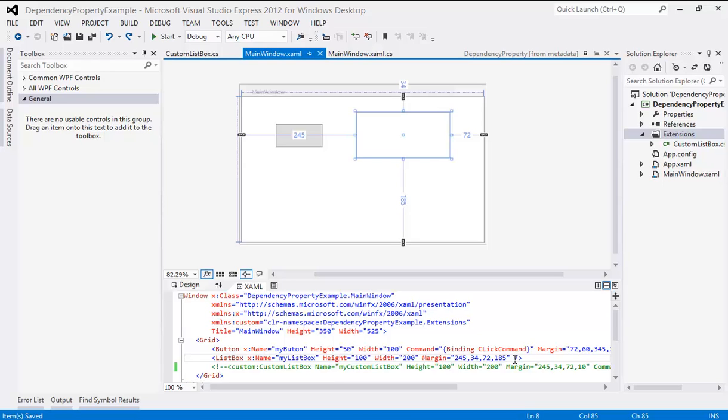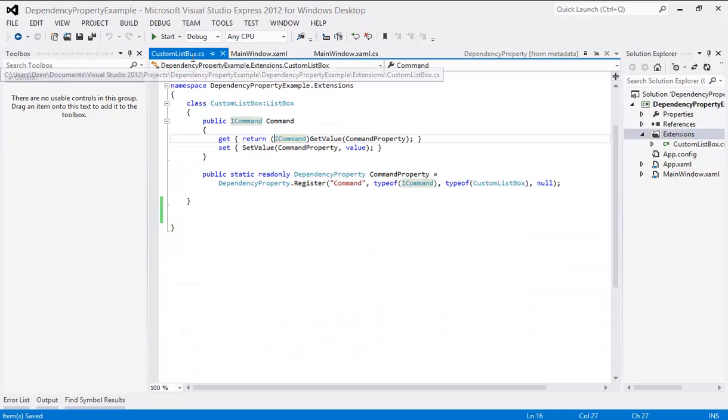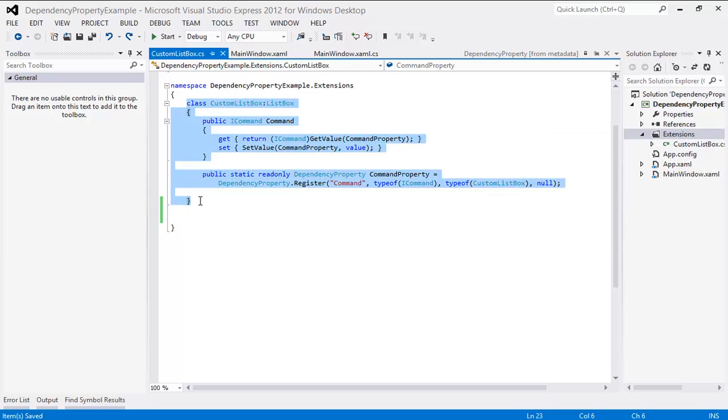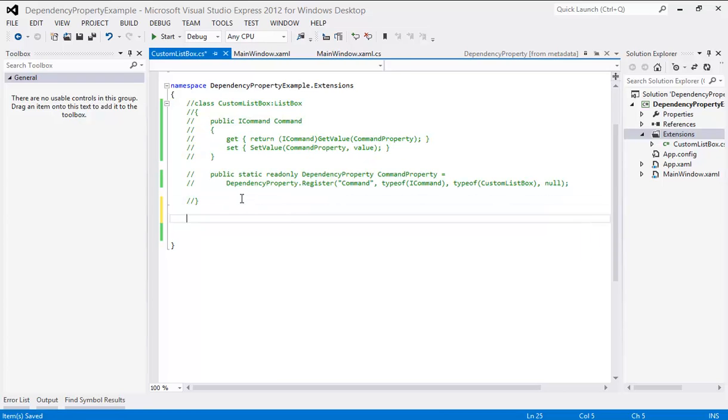So let's get started right now with our attached property. Here I have opened the previous example. This is our custom list box, so I'm just going to comment it out, since I'm not going to use anything out of it. We are going to create an attached property